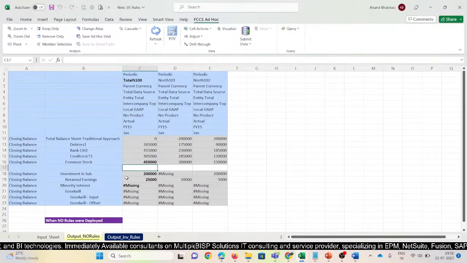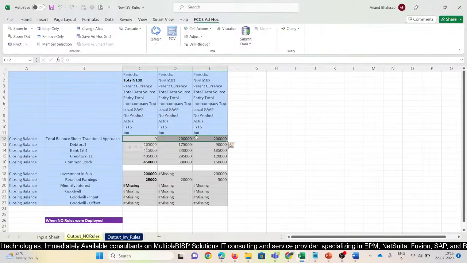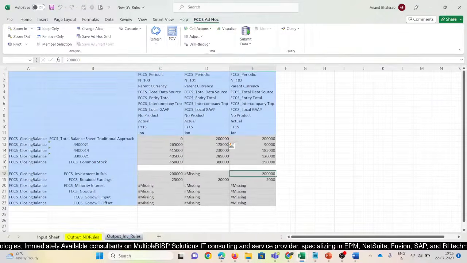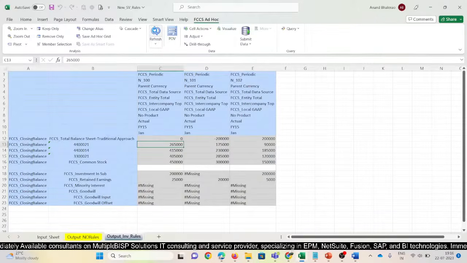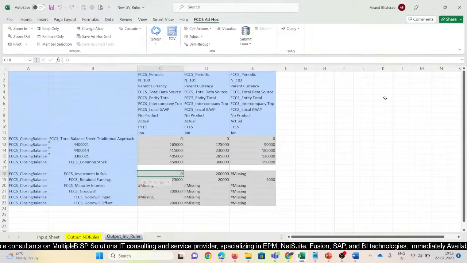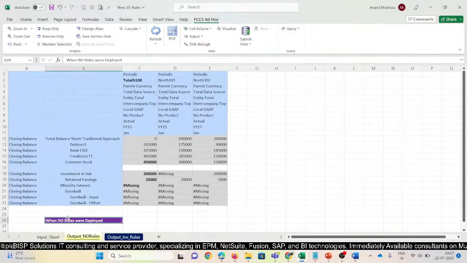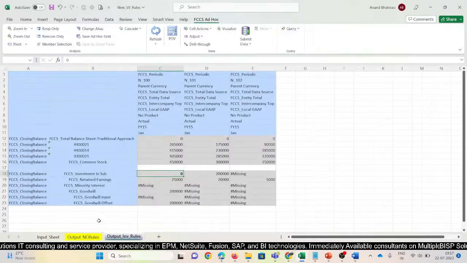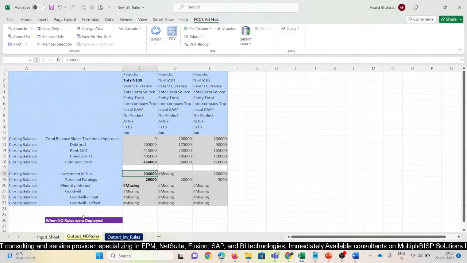We will go to this one. Now we will not touch this one, as these figures are basically correct. There is no problem with these figures. The problem lies with these figures only. Now we will just refresh it. Now you can see the investment sub figure has been removed. Okay, this figure. When the no rule was deployed, 2 lakh was there. When the investment rule is deployed,